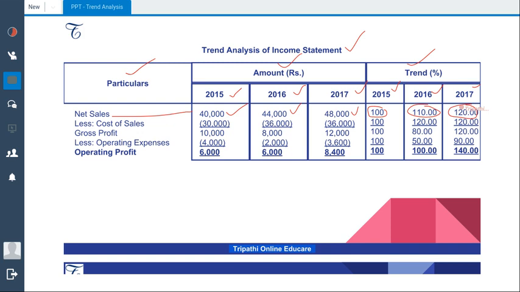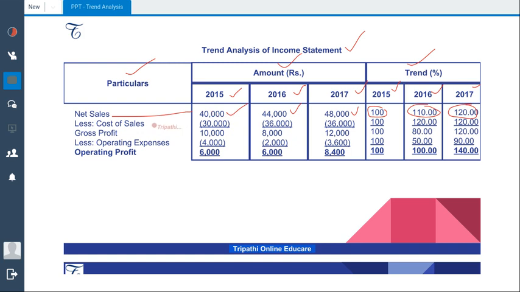So why your sales are increasing? What could be the reason? The reason could be you must have bought plant and machinery, you must have added the plant and machinery to increase the production, and to add the more number of plant and machinery, you must have raised the fund. So as you have added plant and machinery, now you can produce more number of product, and as you're producing more number of product, your sales is going up. So in 2016 it went up by 10%, and in 2017 it went up by 20%,